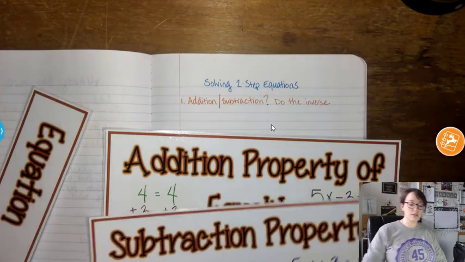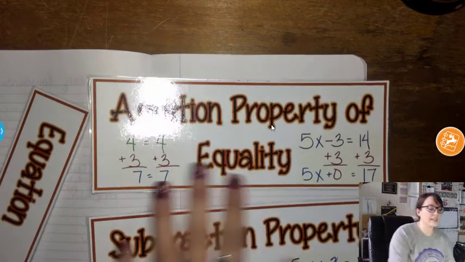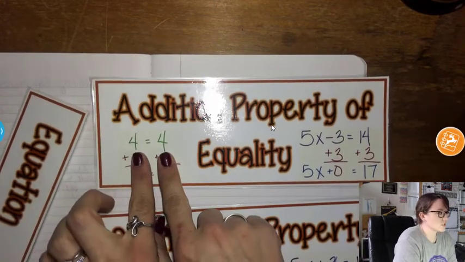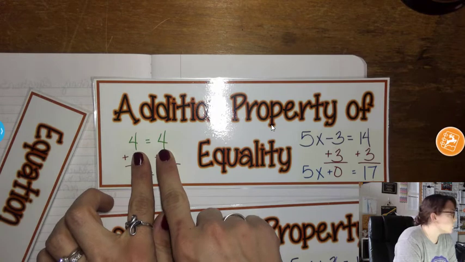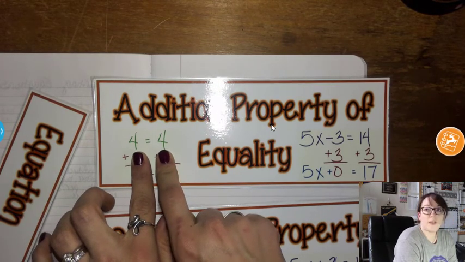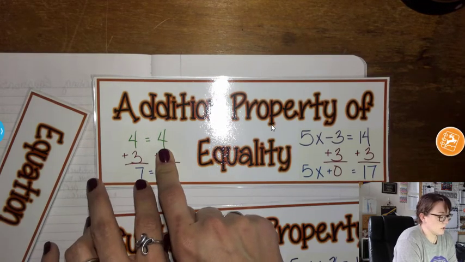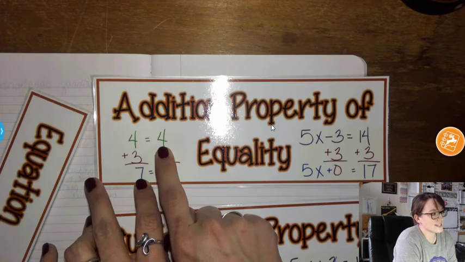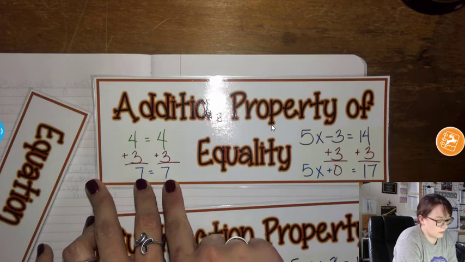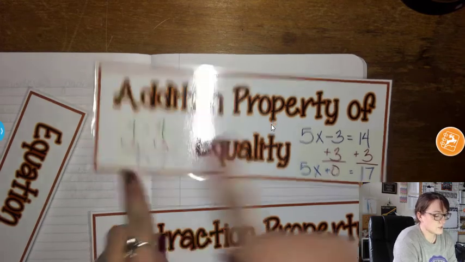The addition property of equality means that I can start here, something easy. 4 equals 4. Nobody would argue that. If I add 3 to this side, now I have 7. So what do I need to do to the right side to make it the same? That is the addition property of equality. So over here,